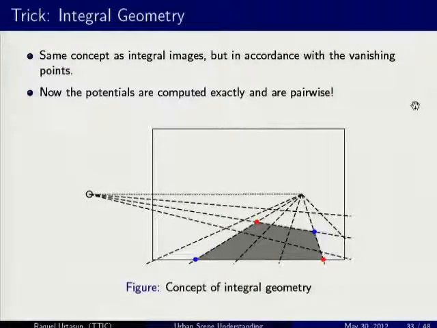Okay, so I'm just going to show you one trick that you can do in order to solve this very, very efficiently. So think for a moment of integral images. In integral images, you want to compute the value inside a rectangle, and the way you do this is by computing differences between things that depend only on two variables, which define a particular corner of the box. So you can extend this concept to reason about 3D geometry in a similar manner. I can count what is on the left wall or what is on the front wall just by accessing some integral accumulators which now are in accordance with the vanishing points.